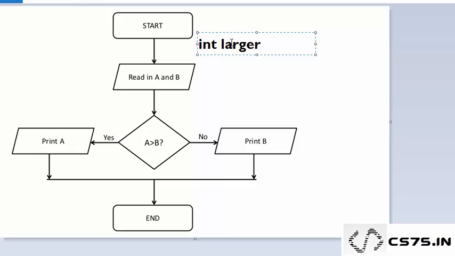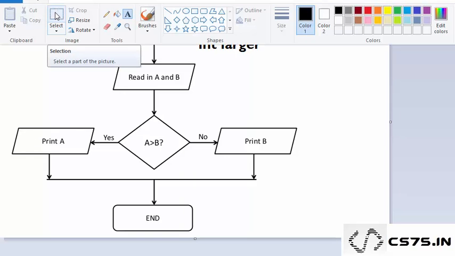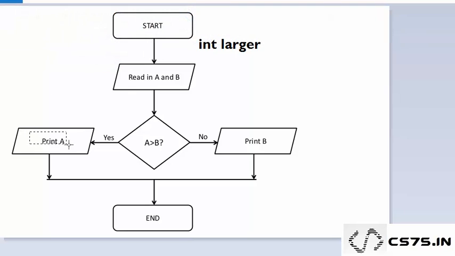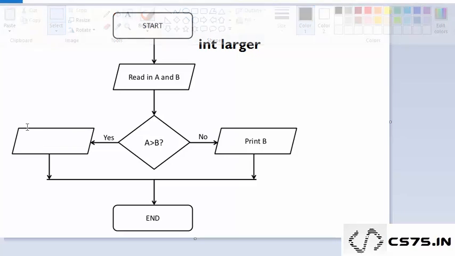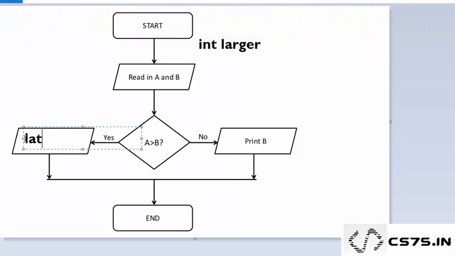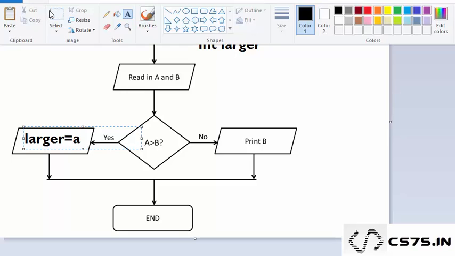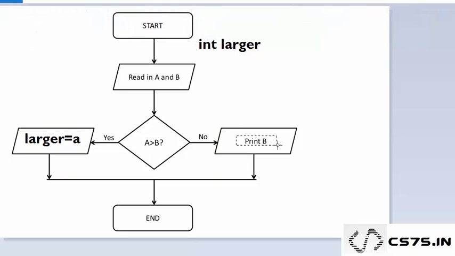And now if a is greater than b, then I'm going to say that let us assume larger equals a. So here I say larger equals a. Similarly, in the else part, instead of print b,